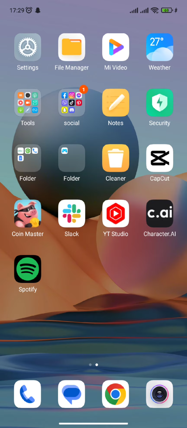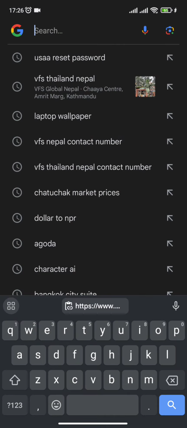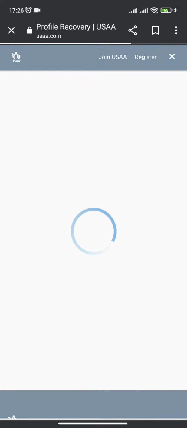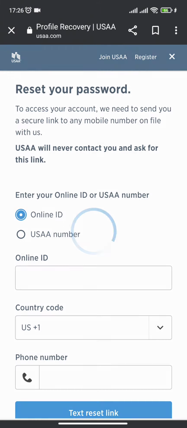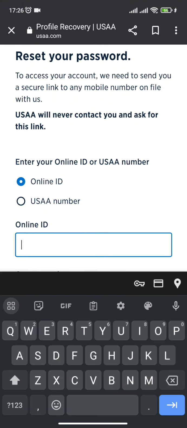So first and foremost, all you need to do is select a web browser of your preference. Once you open your web browser, all you need to do is type in the URL www.usaa.com/my/profile/recovery. After doing so, you will be redirected to this kind of page where you simply need to type in